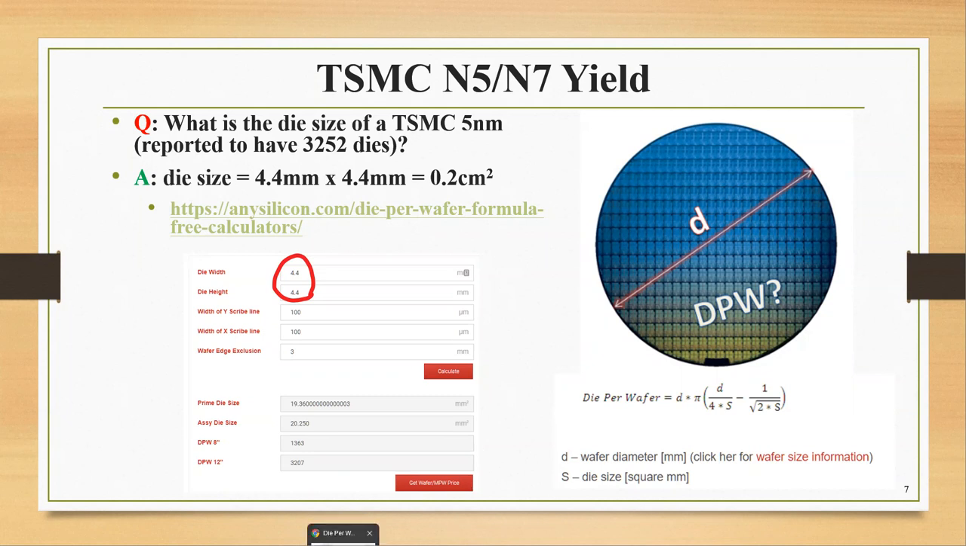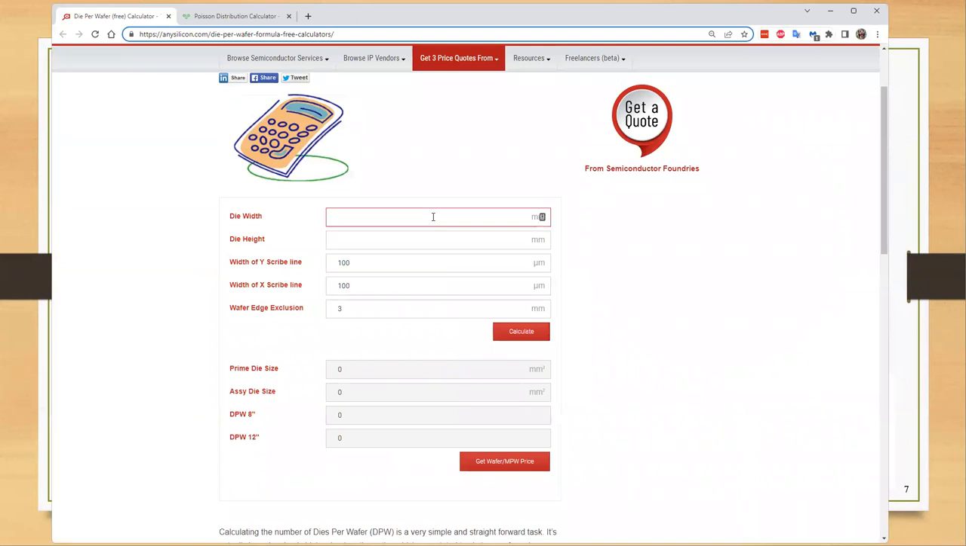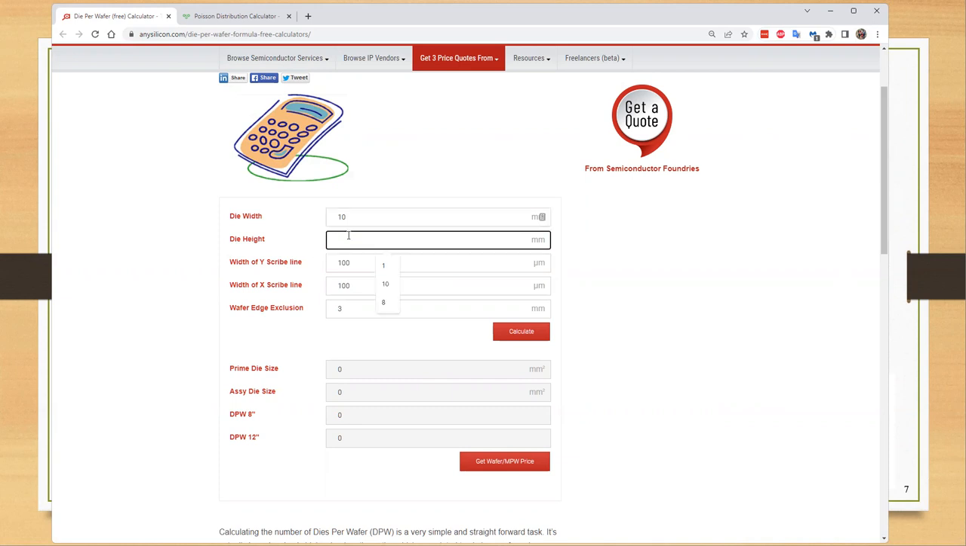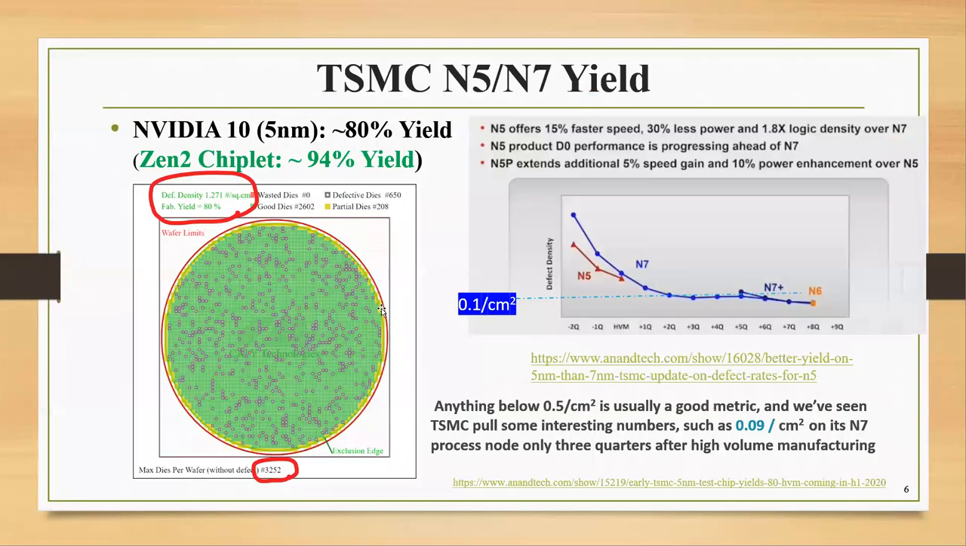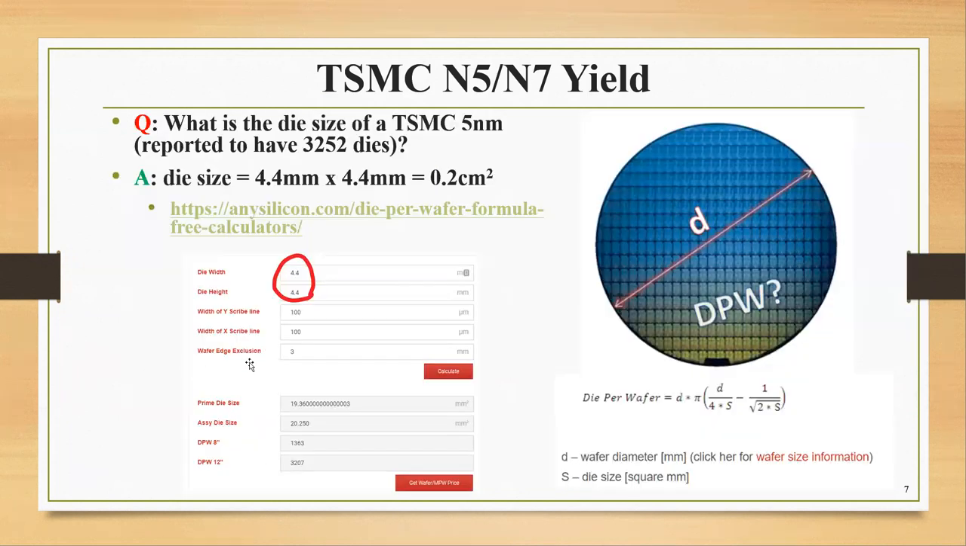This is how it looks when you open the website. Then you say die width. If you use this at 10, and die height is 10, 1 centimeter by 1 centimeter. And then the width of the scribe line is a typical value of 100 micron. And then the wafer edge exclusion is that this graph, the edge are incomplete die. They will never be a good die, so you need to remove them. All right. So that's called edge exclusion. People use 3 nanometer